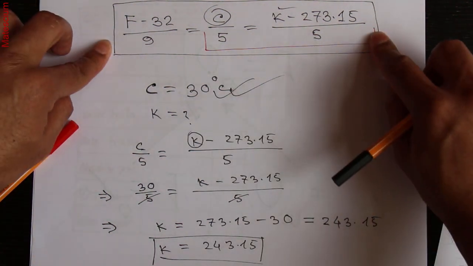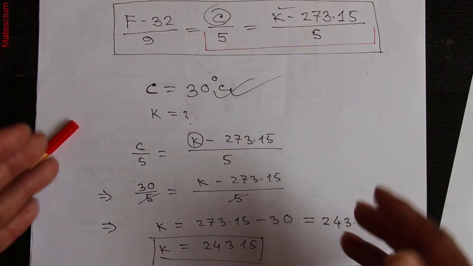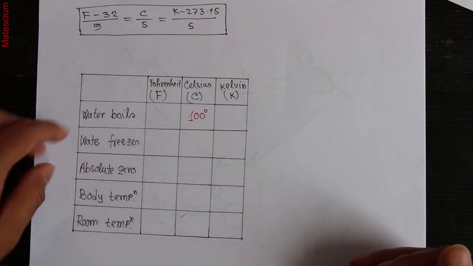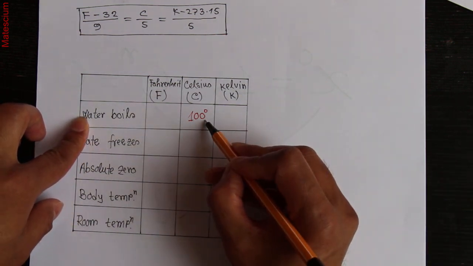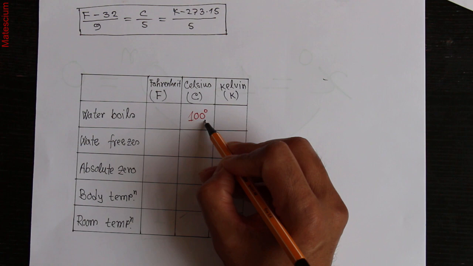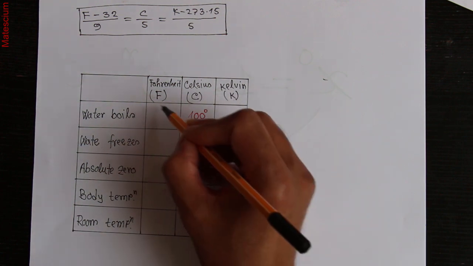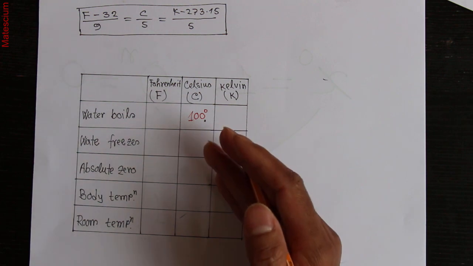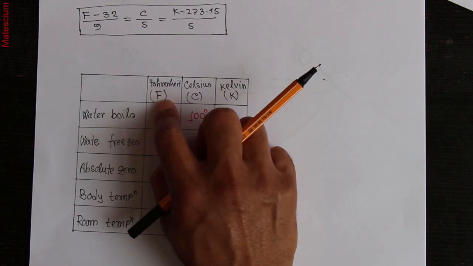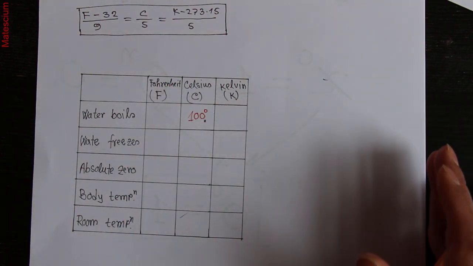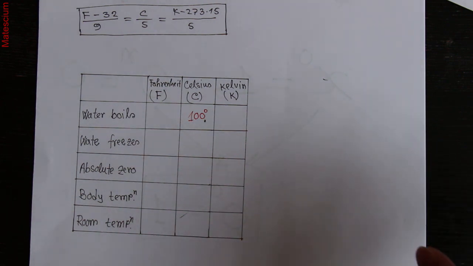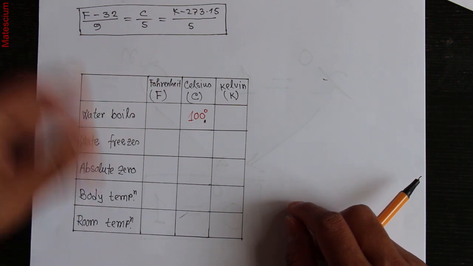You can use this formula to convert the temperature from one unit to another, even in your exam or in your practical life or wherever you want. I have a homework for you. We know water boils at 100 degrees Celsius. So this is a homework for you. Convert this 100 degrees Celsius temperature into Kelvin and into Fahrenheit. Pause this video and convert this temperature, 100 degrees Celsius, into the units of Fahrenheit and Kelvin and write it in the comment section. If your answer is right, I will reply. If your answer is not right, I also will reply. But I am giving the rest of the answers right now.